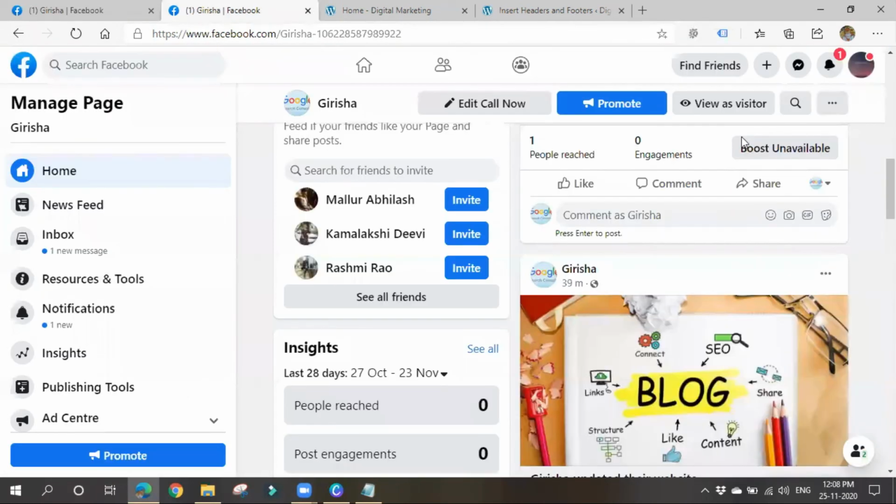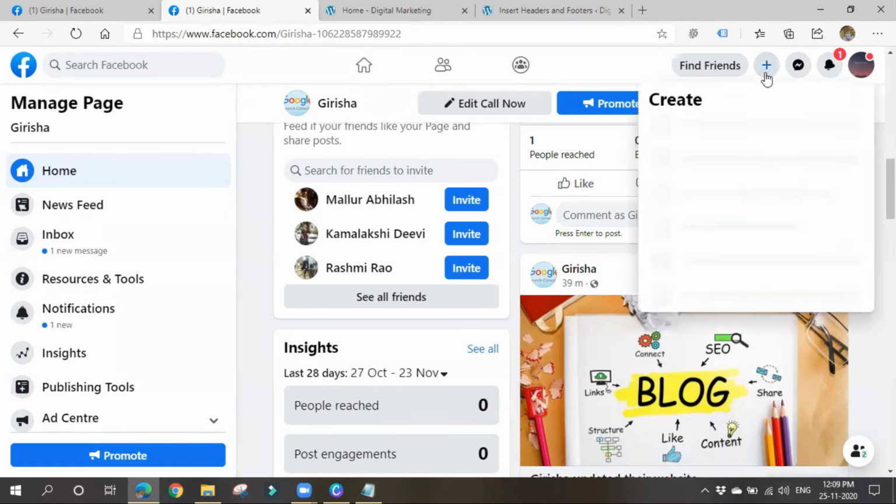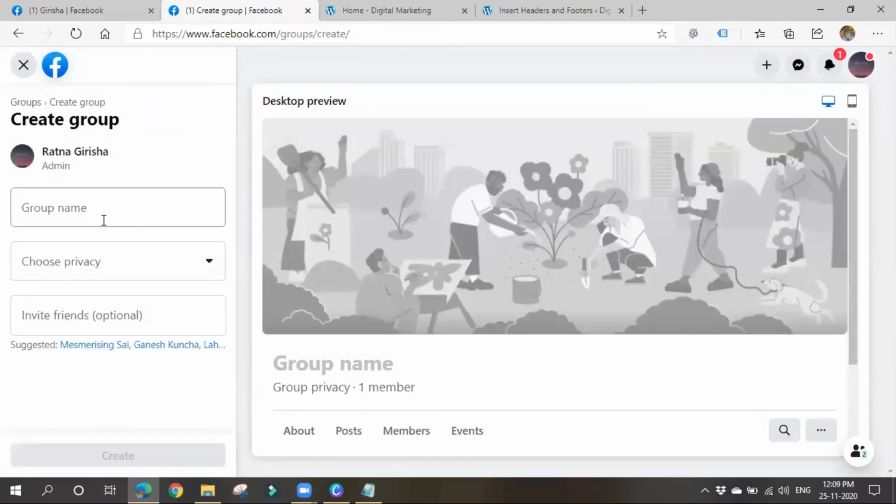So let me show you how to create a group also. How to create a new group. As I said, in case of social media optimization, join groups, create a group, like that. Let's see. Again, go to create, click on group. Please give a group name. You have to add some people to the group again later. Let's see about it. I give a group name. It will be displayed like this.